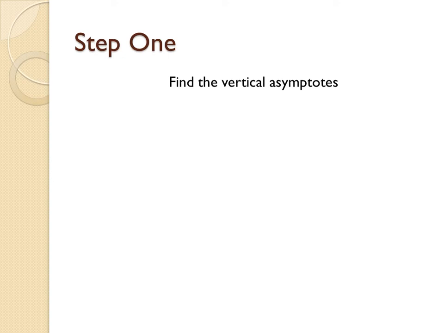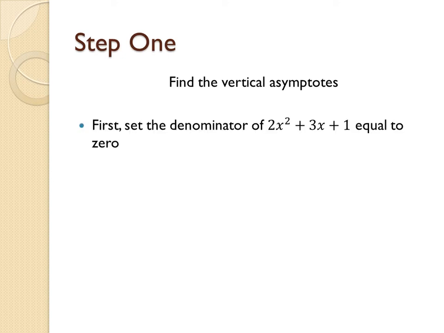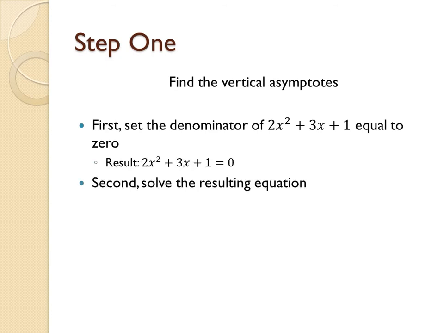So for the first step, what we need to do is first set the denominator of 2x squared plus 3x plus 1 to be equal to 0. And next, we actually need to solve this in order to determine what the value of x is. In order to do so, the easiest method is to factor the quadratic equation that we have, which in doing so will get us that